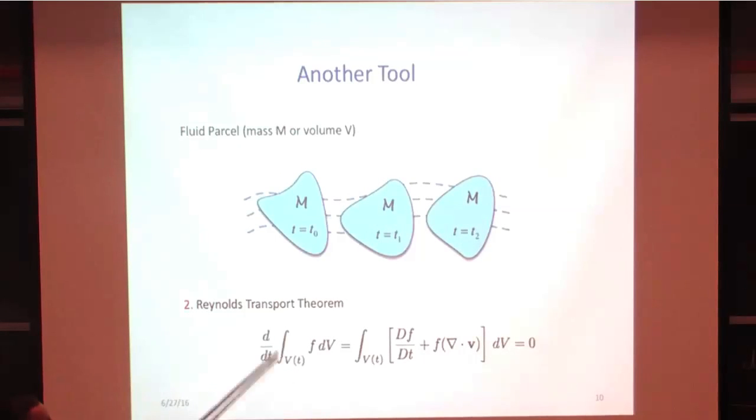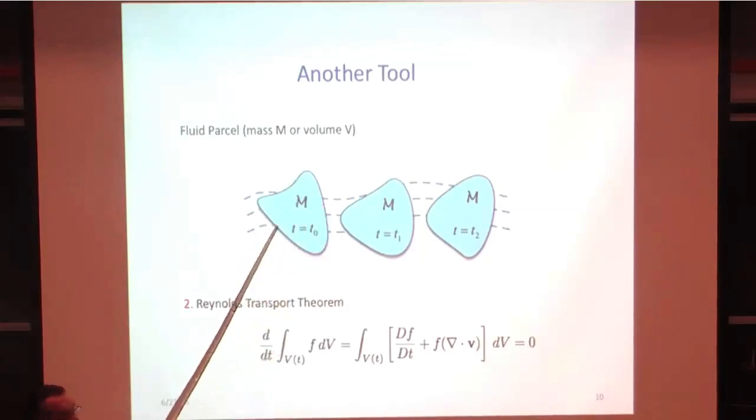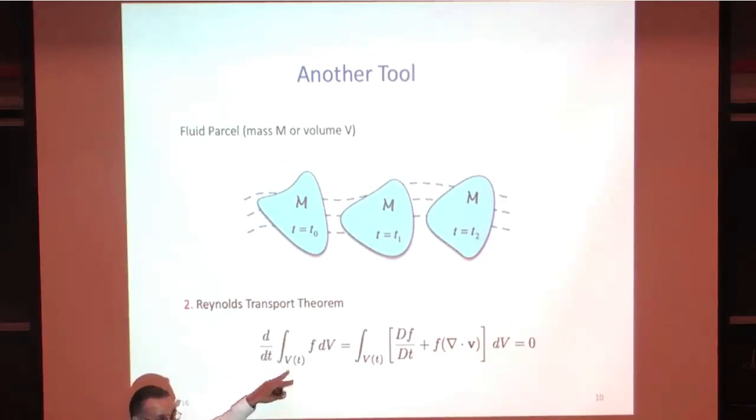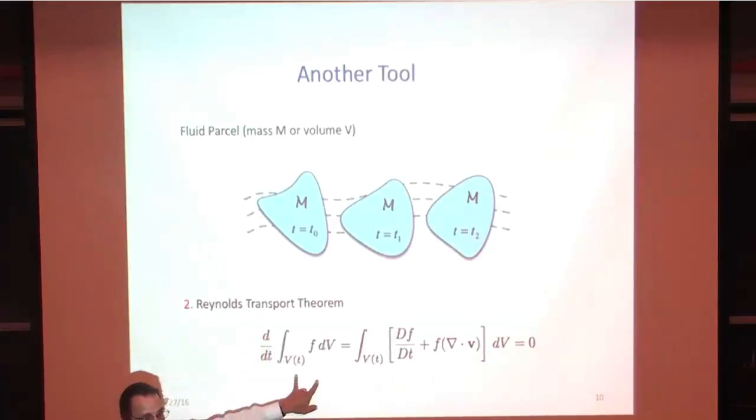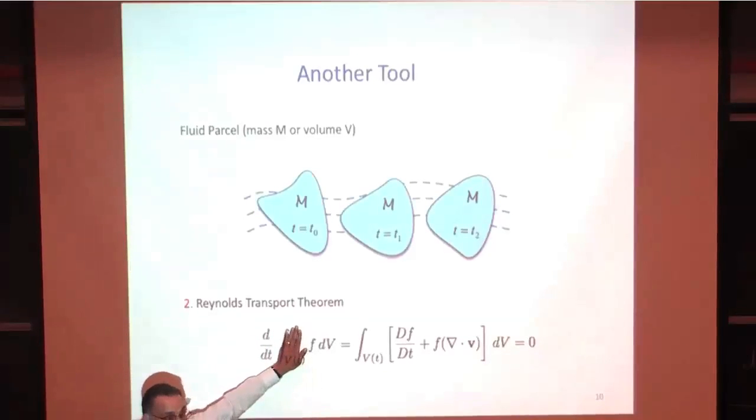So now V of t is the volume circumscribing this mass m here, and this volume is going to be moving with the fluid. The volume may be changing with respect to time because the mass is moving with the fluid. And we would like to know how the integral of this quantity f changes in that reference frame. So we'd like to take its derivative with respect to time, not just of f, but the integral of f